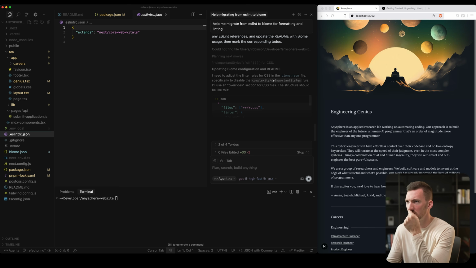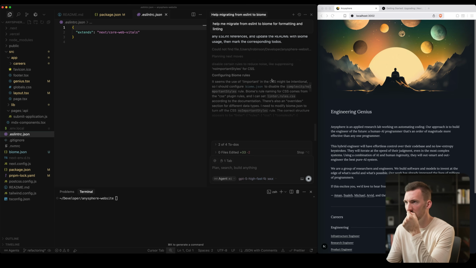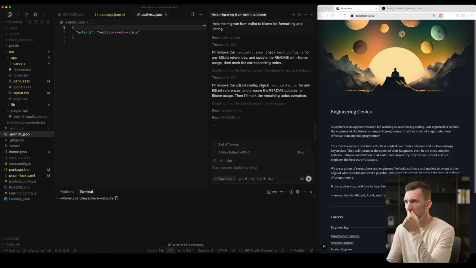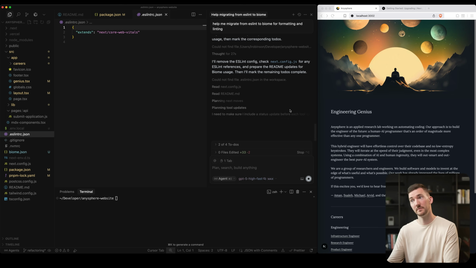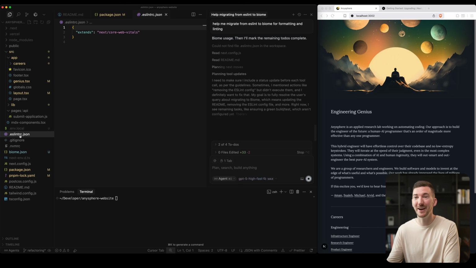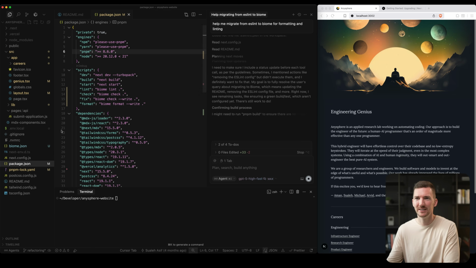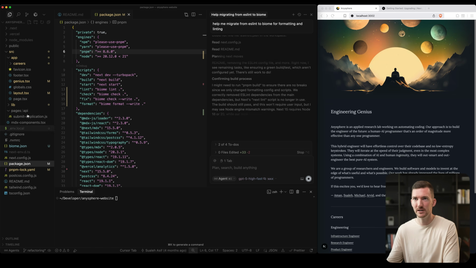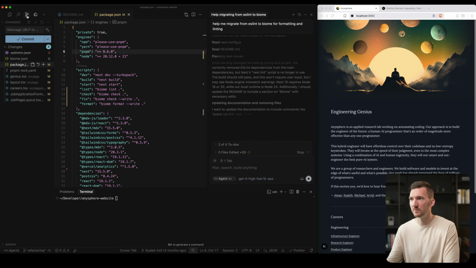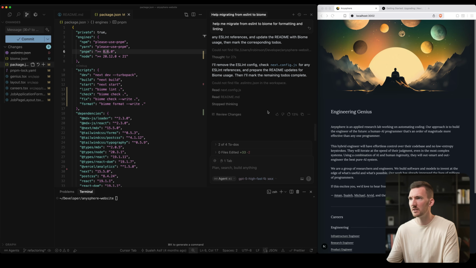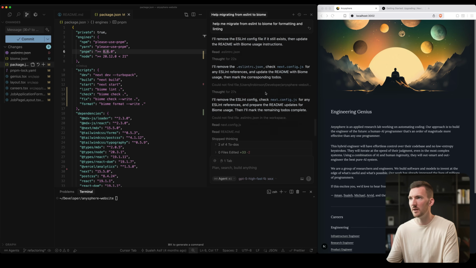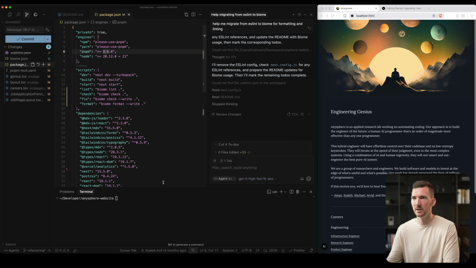But maybe it's trying to fix. Oh, interesting. It didn't find ESLint RC JSON. Well, buddy, it's right here. So I'm going to delete it for you. What else is there? That seems fine. I might just end up stopping this because I think it's got some of the stuff there for me. But now I'm curious to do